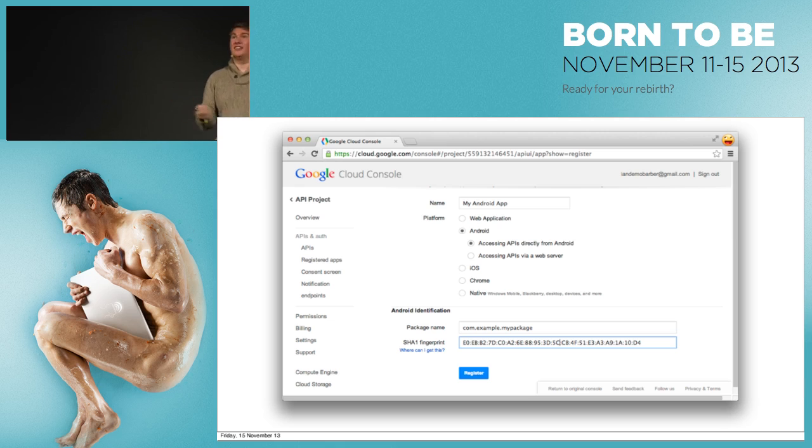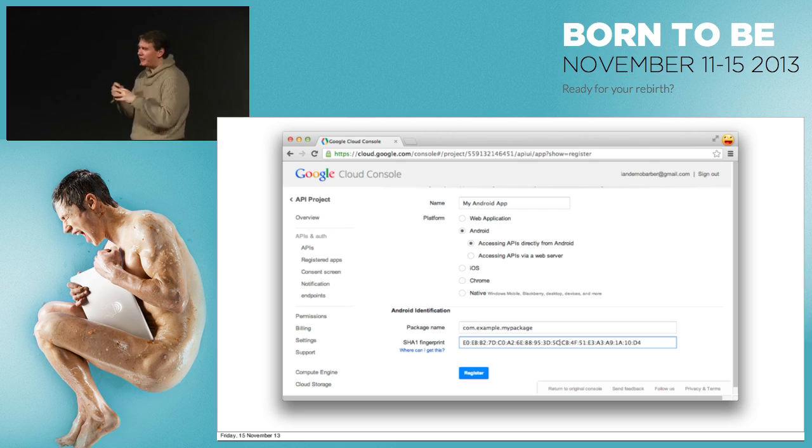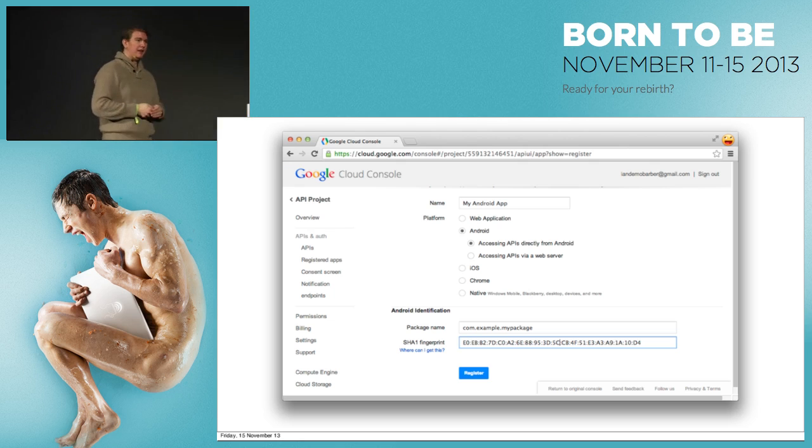Well, there can only be one client ID that has that mix of the signing key and the package name. And if you do want to create multiple apps with the same signing key, that's totally fine. They can be in separate projects, separate clients. So if your company makes 4 different apps and you have a free and a paid version of each, you'd have 4 different projects, and each one would have 2 Android clients. Well, probably they'd have more than 2 Android clients because you'd have debug and pro keys.